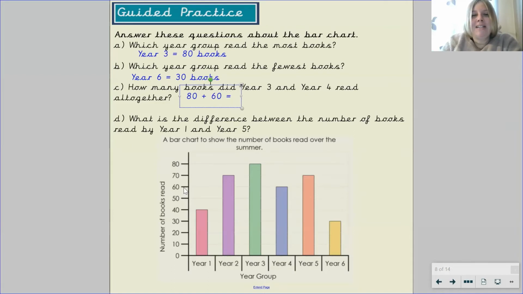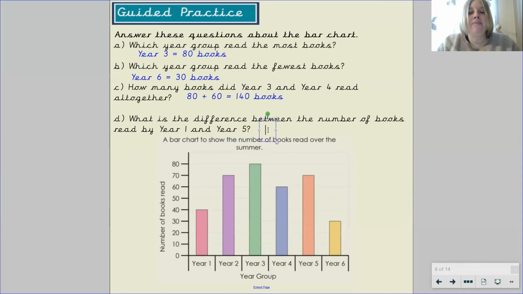80 and 60 equals how many books? Can you solve that for me? If we add 80 and 60, we find the total of 140 books. And our final question, what is the difference between the number of books read by year 1 and